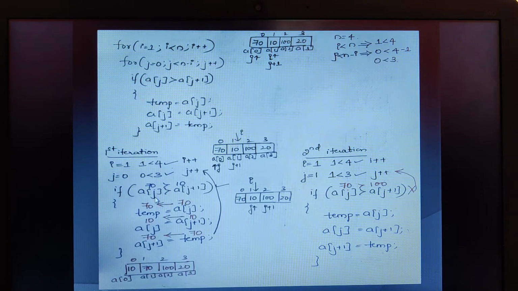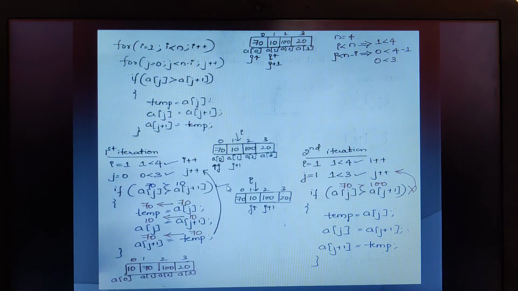If a of j, as we know j is pointing at the 0th location, this would be j plus 1. Definitely it will be j plus 1. How am I referring to it? 0 plus 1. j is currently pointing at 0, right? 0 plus 1 in the sense that is 1. Therefore, j plus 1 is pointing at the first location. Now compare: if a of j is greater than a of j plus 1, that is a of 0, correct? And a of j plus 1 is a of 1. So 70, since it is a subscript, we need to always refer to the value. 70 is greater than 10. Yes, the condition is true.